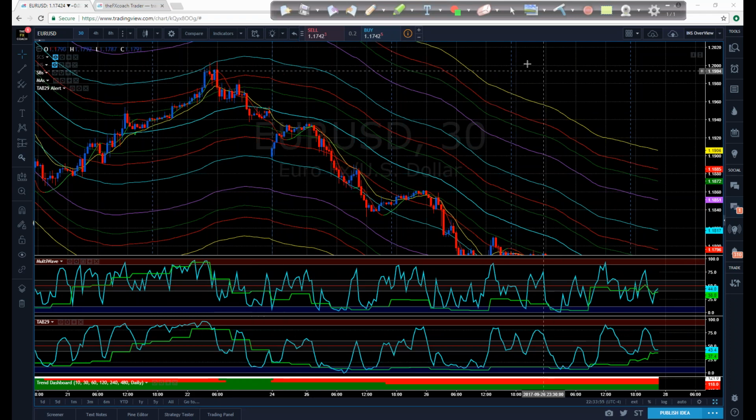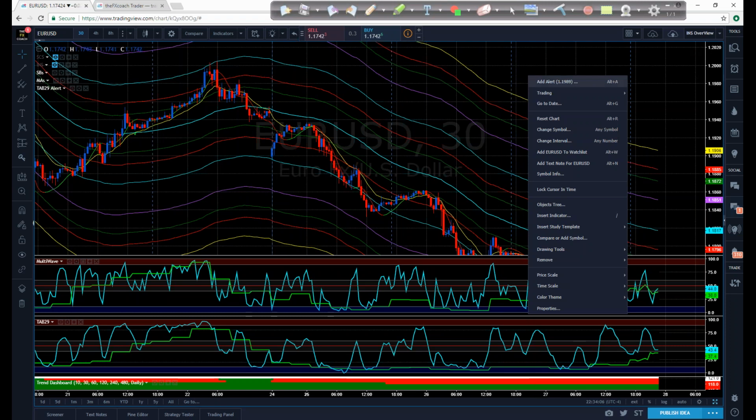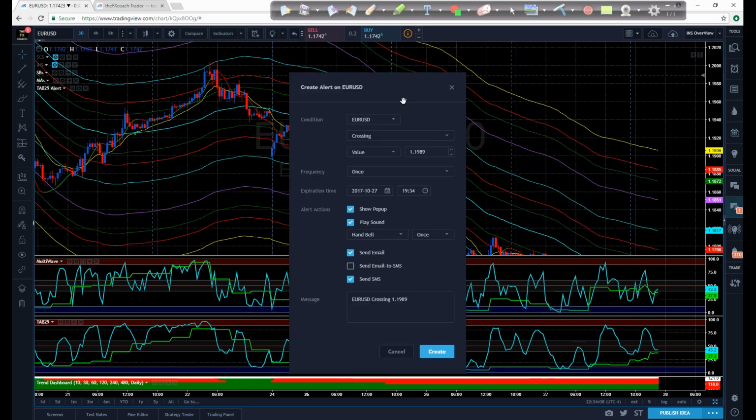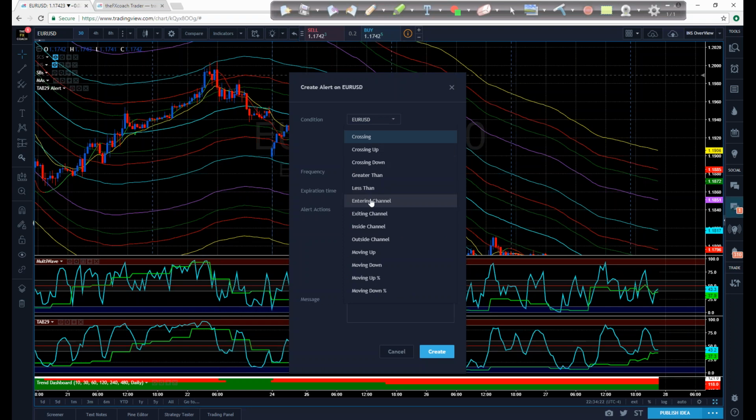So watch this. I'm just going to go to empty space on the chart. Now these are standard TradingView charts. These are not OEM charts of any kind. And all I'm going to do, like I normally would to set an alert, is I right-click and add alert. And what you're going to notice then is shadow bands are here, right? And if we say entering channel,